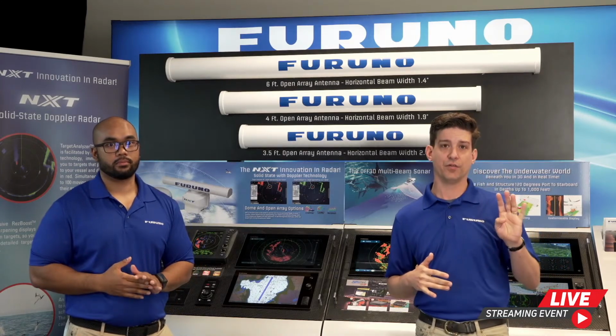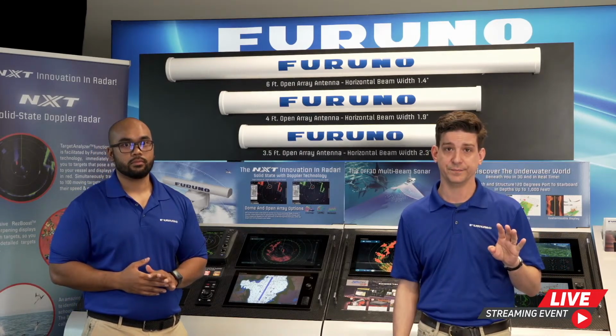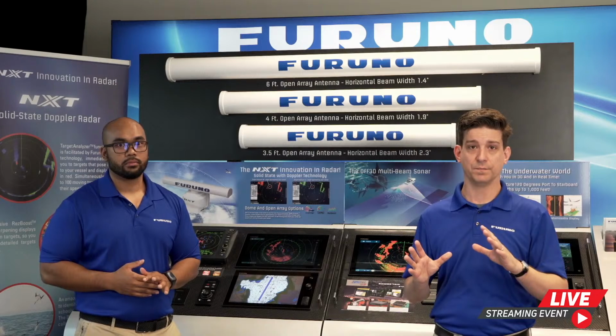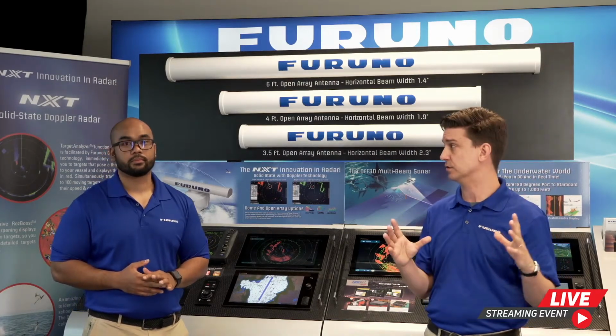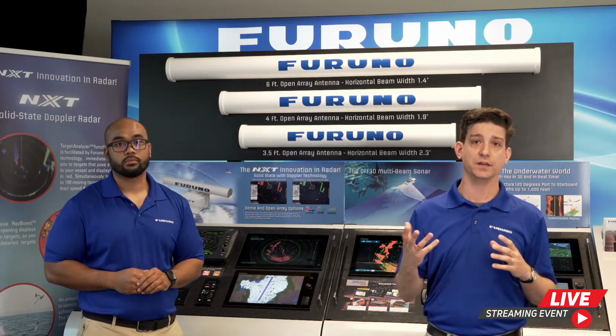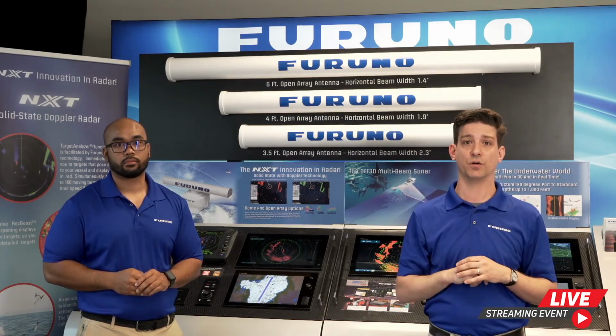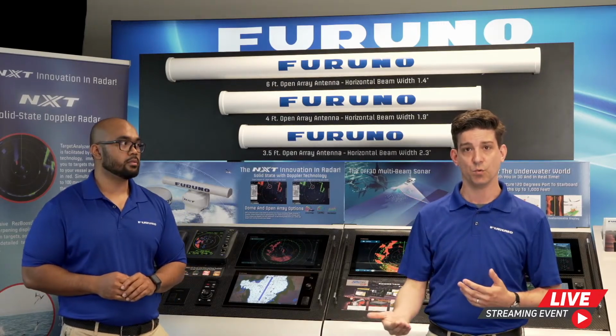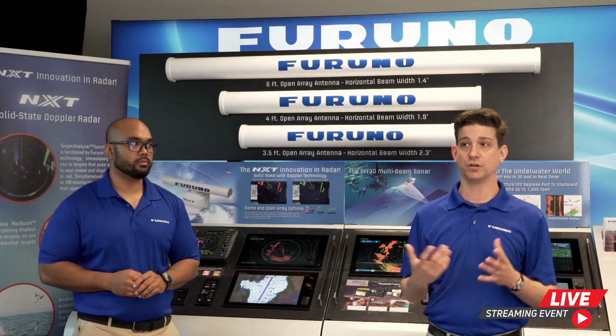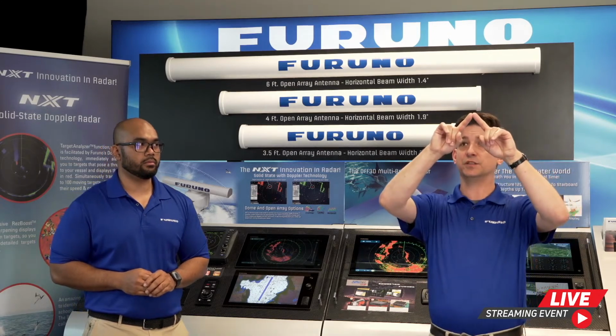So that's 30 targets automatically, 40 more manually. Automatically means it will automatically pick the 30 closest targets to you and track those. Manually means you touch on the target that you want to acquire and tell it to acquire it, and then it will track it. And then there's 30 more via guard zone, which is basically an invisible